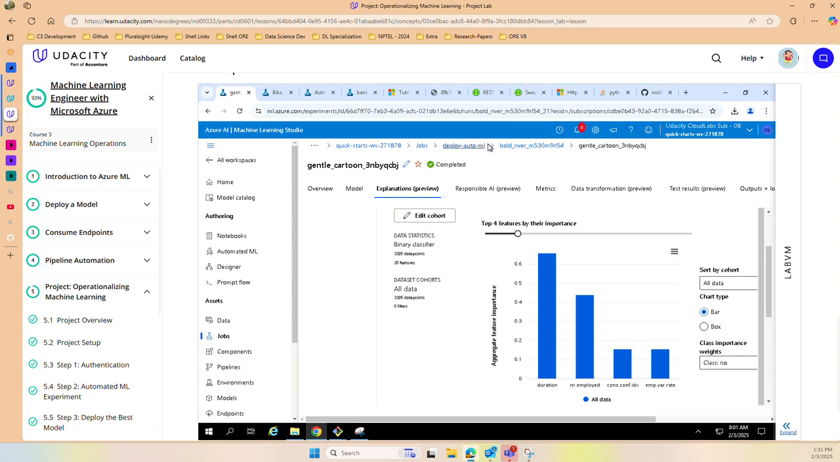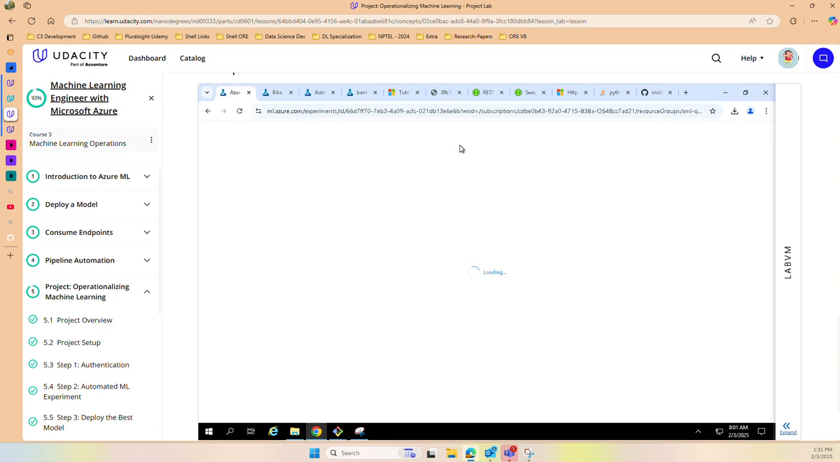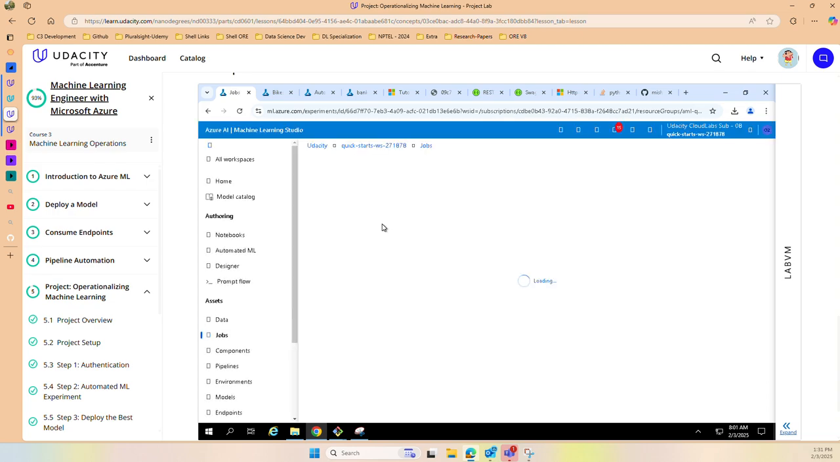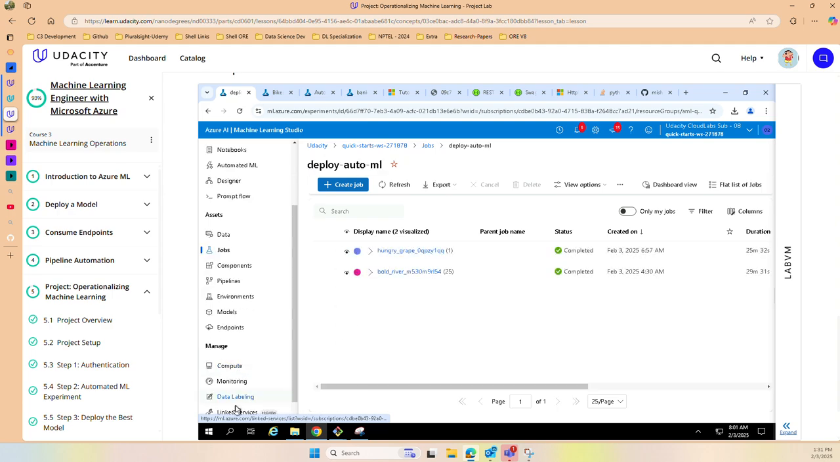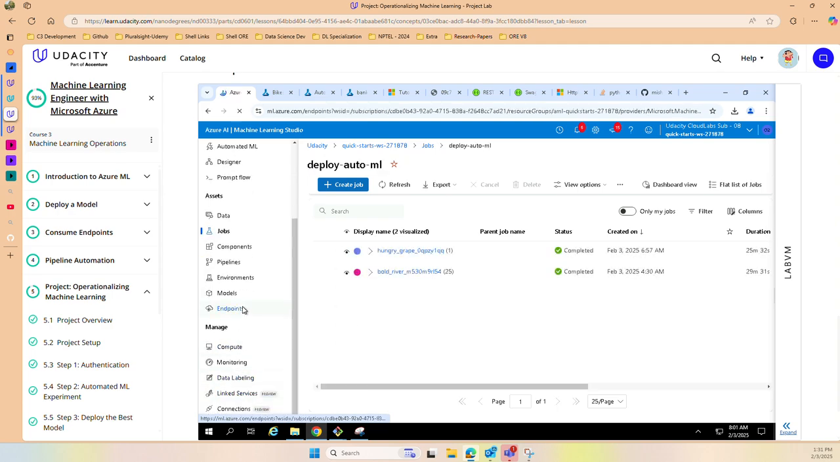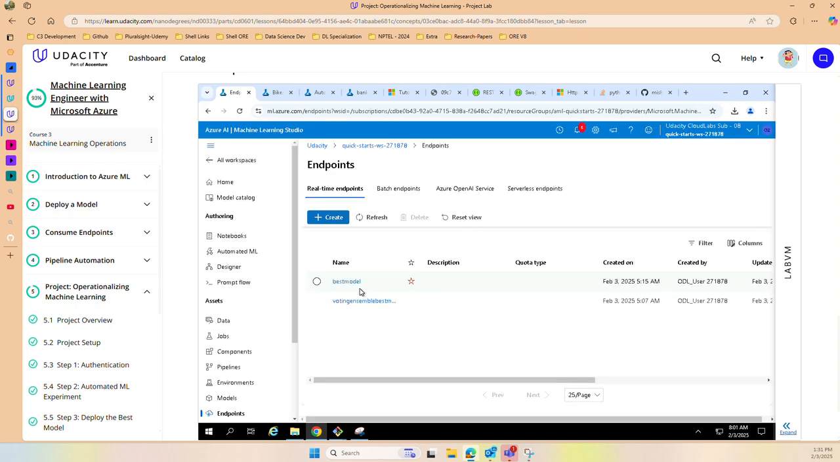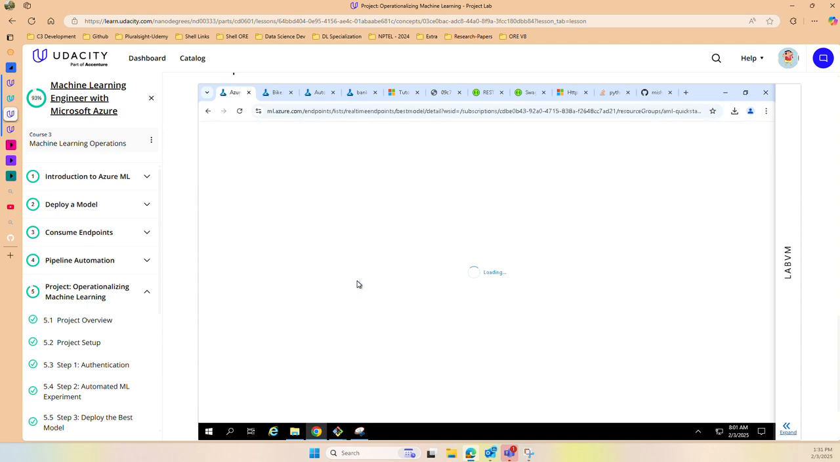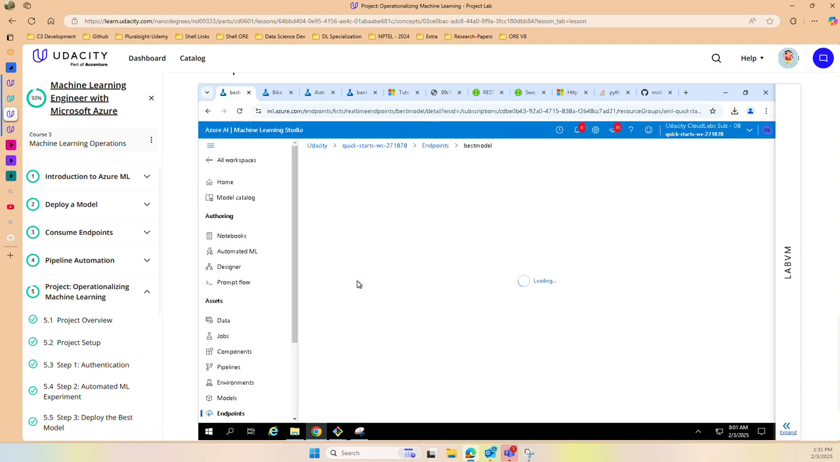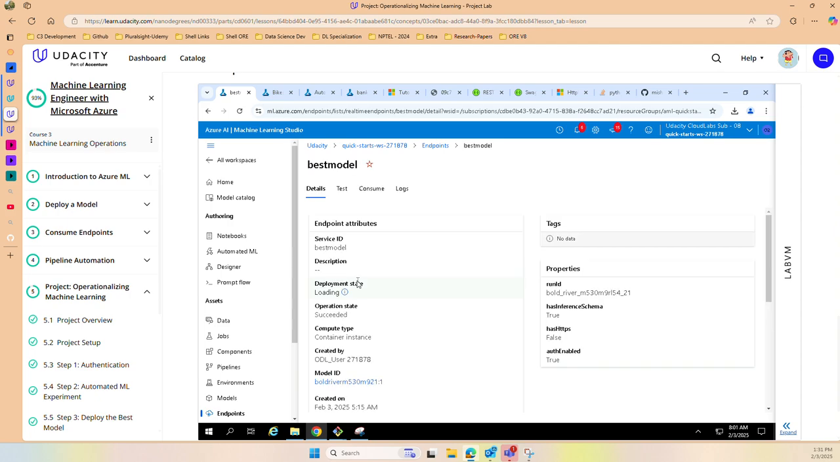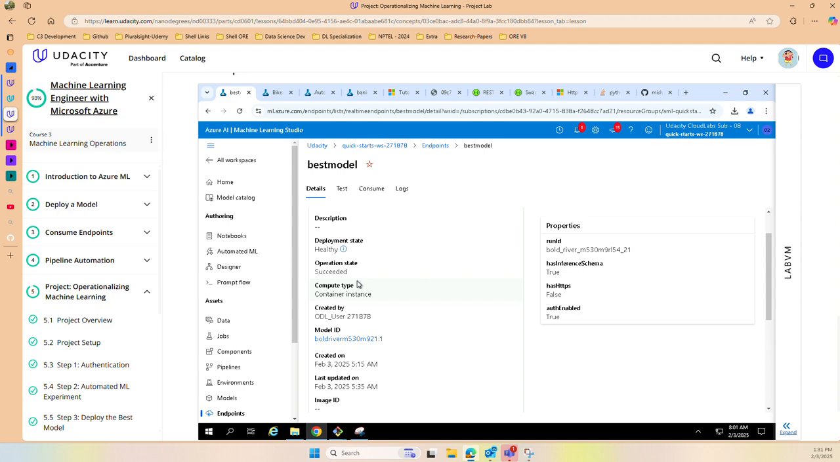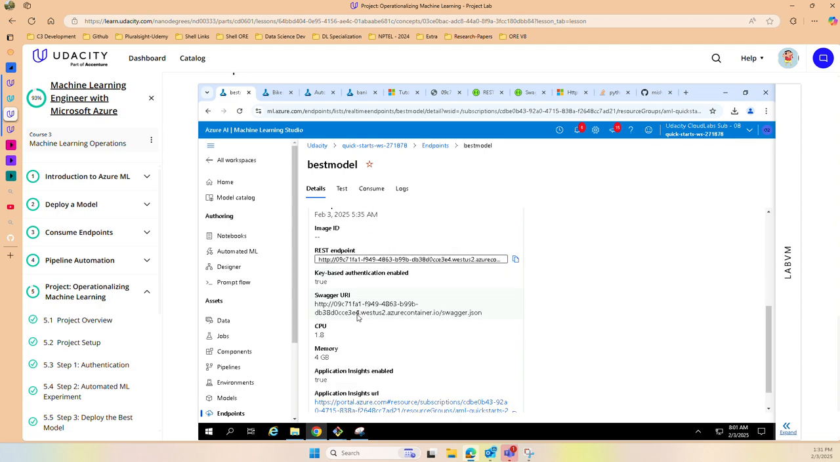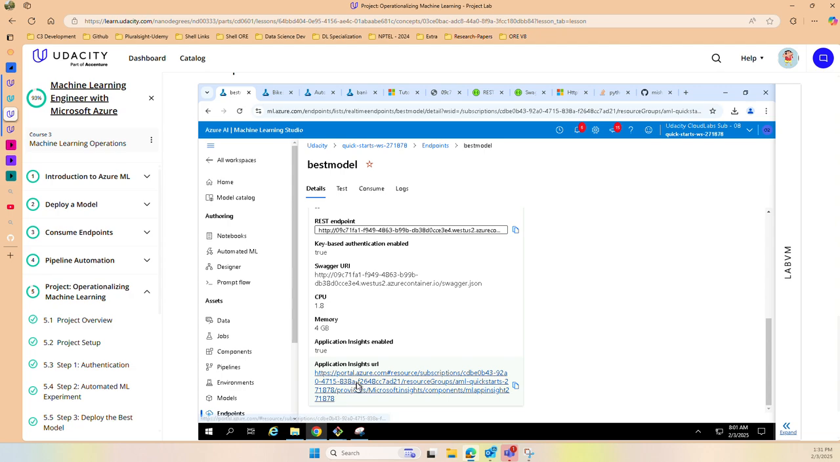Now this particular model is deployed as well, so let me show you that. If I go to endpoints, you would be able to see two different models. I have deployed the model as the best model name. What we are going to see is that application insights should be set to true, and the Swagger URI. We can see application insights and the application insights URL portal as well. If I click on open,